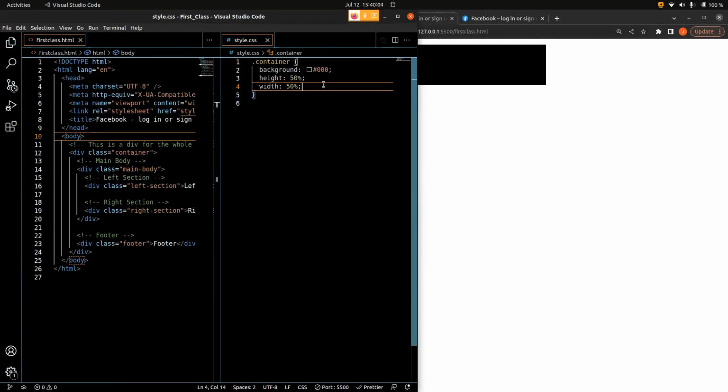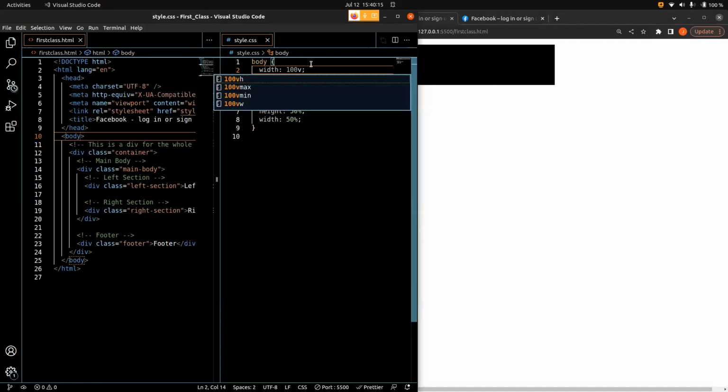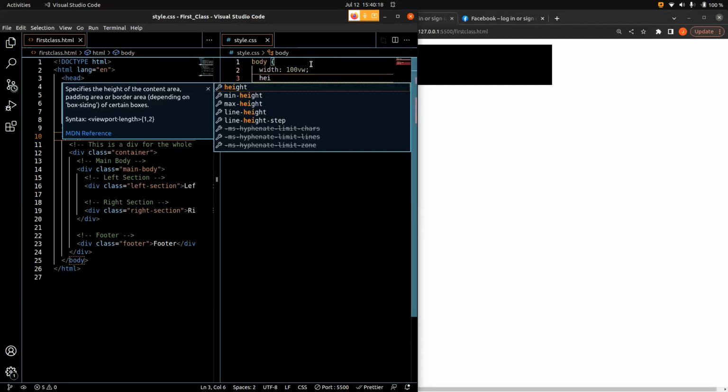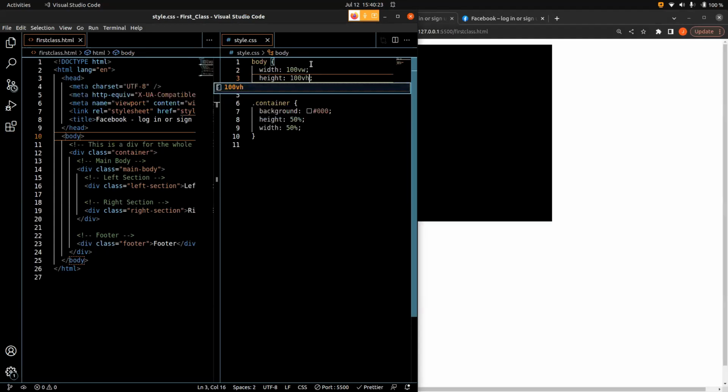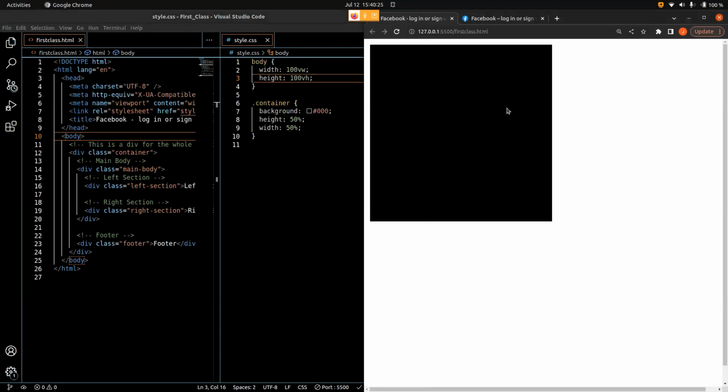So now, if I set the body, now look at this. If I set the width of the body to be 100 viewport width, and the height to be 100 viewport height, what happens? So now I've set the body to be 100 viewport height and 100